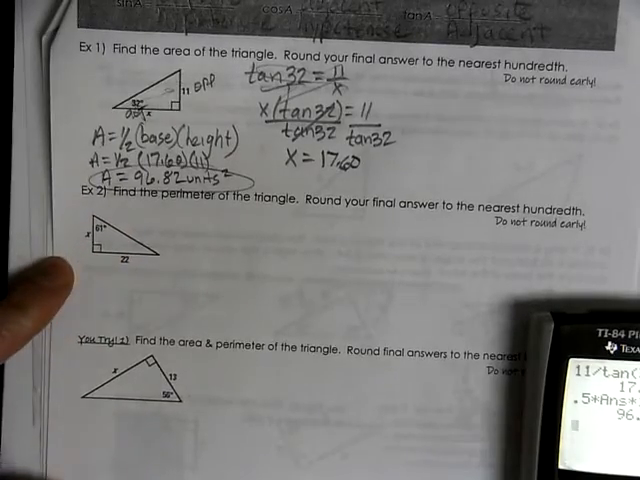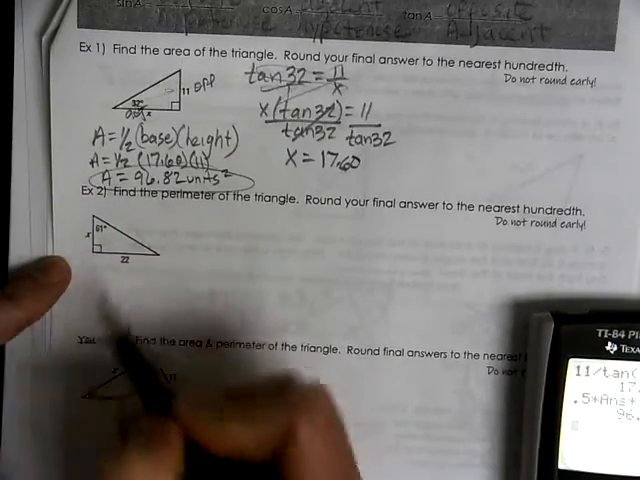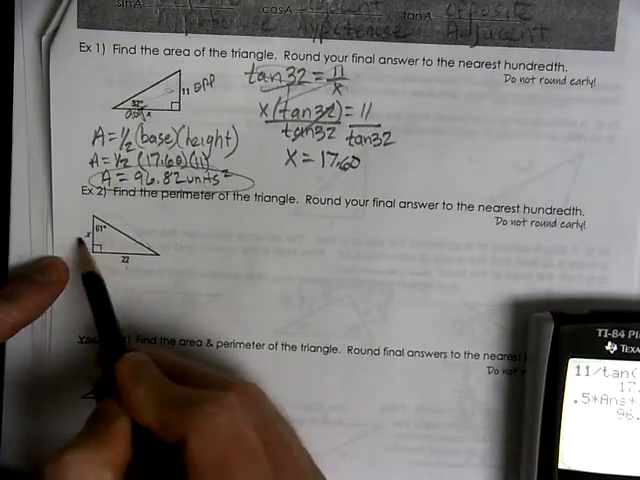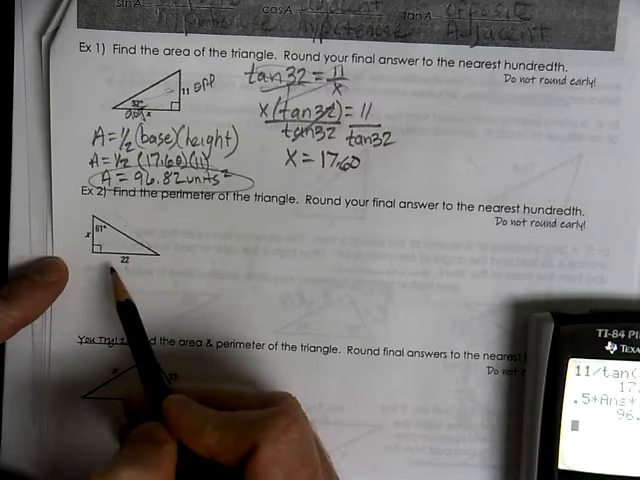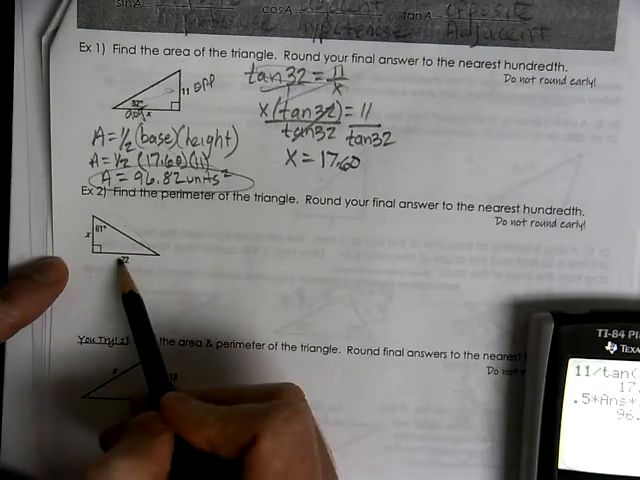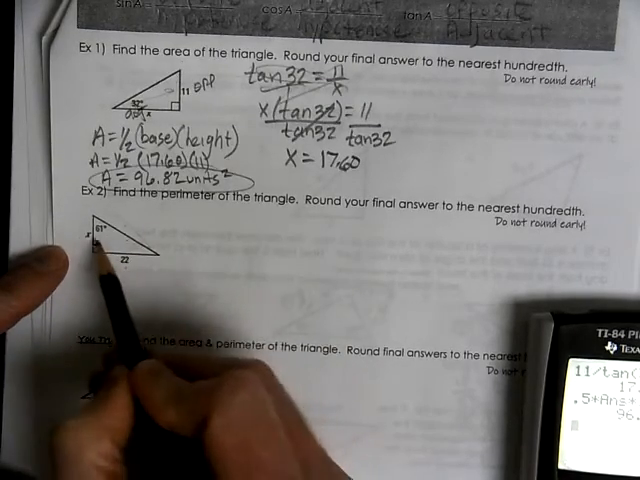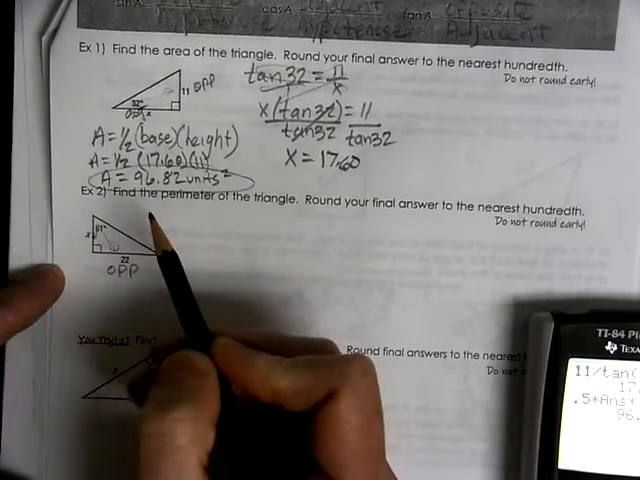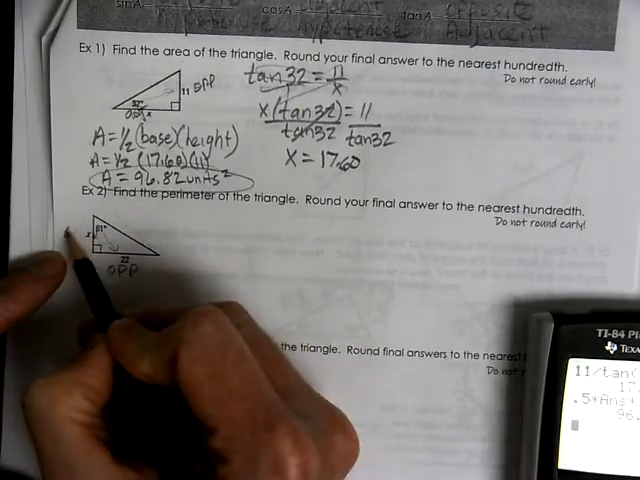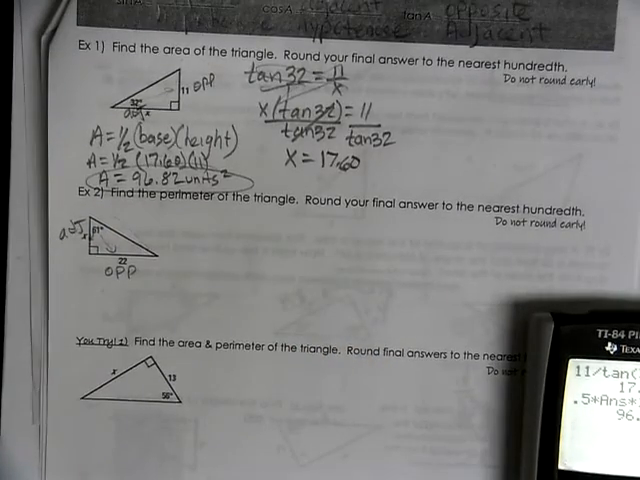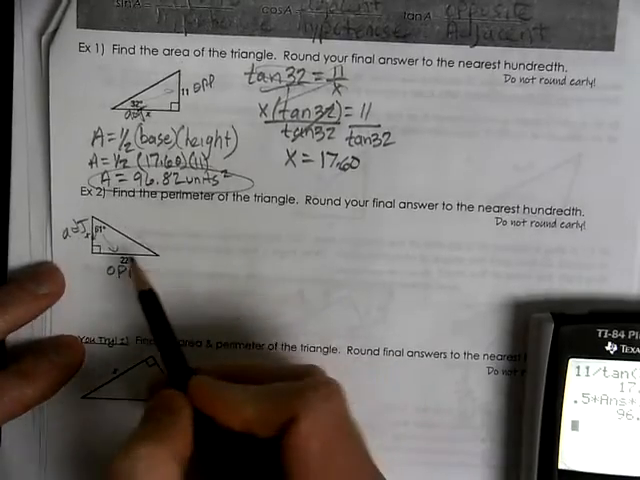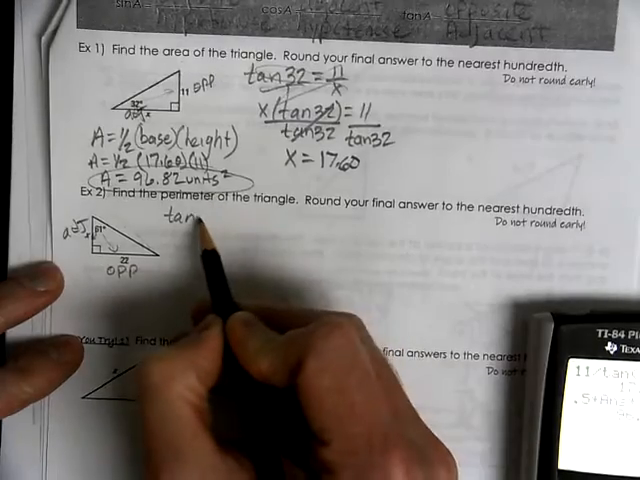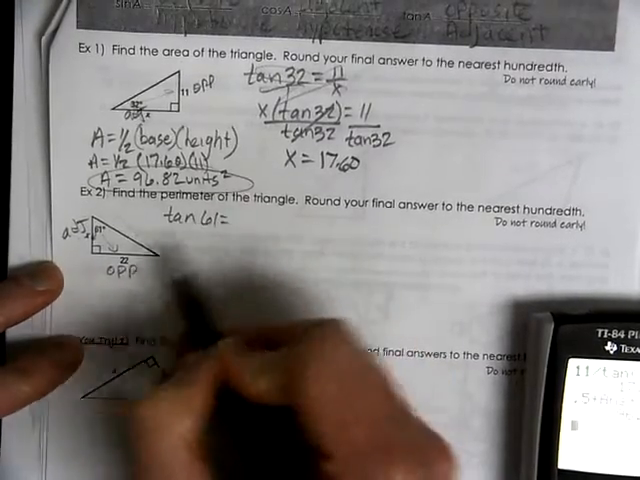Now we're going to find the perimeter. The perimeter is the distance all the way around. Well, we know we have one side. We have to find the two other sides. So to find x, across is called the opposite side. Next to, the leg next to the angle, is the adjacent side. So that's going to be tangent again, because opposite and adjacent